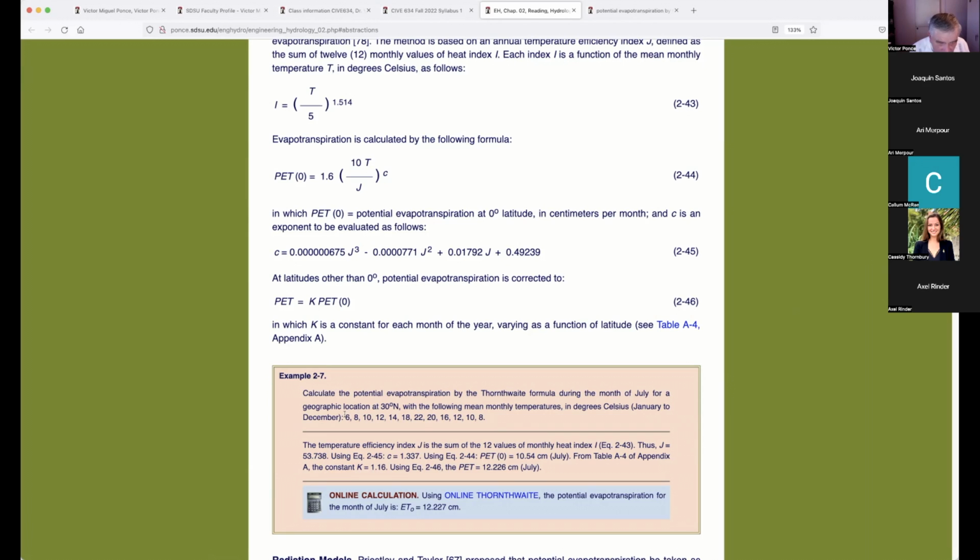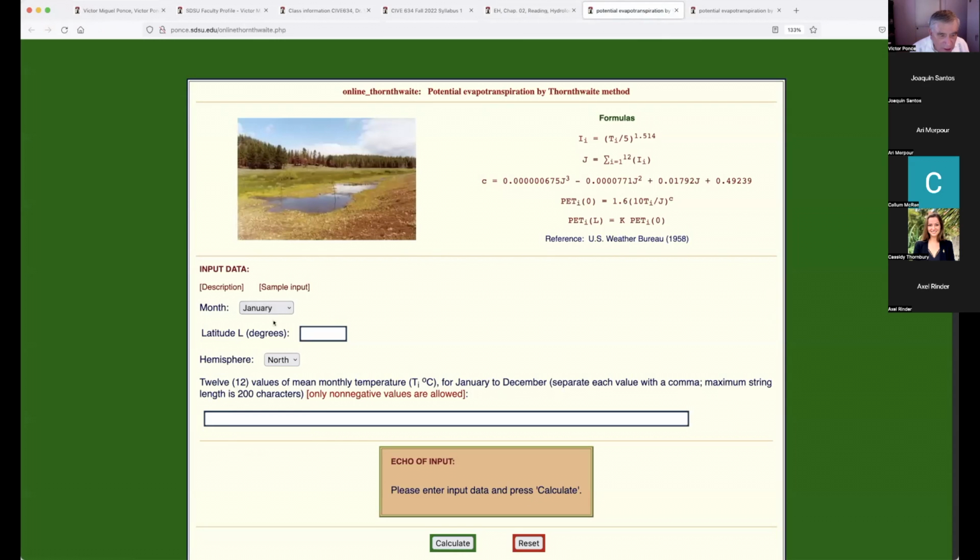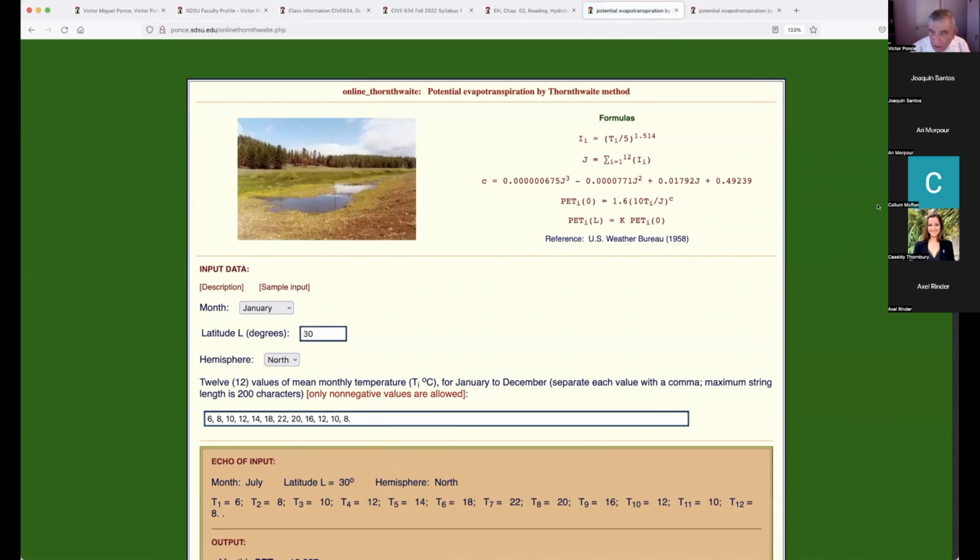Okay, so in here, we're going to do this. We're going to take these data, the temperature data, 2, 4, 6, 8, 10, 12, correct. So I'm going to copy over here, and I'm going to do the calculation by the Thornthwaite formula during the month of July for 30 degrees north. Okay, that's what I'm going to do. Use Thornthwaite during the month of July over here for 30 degrees north, and the temperature is that, and we get